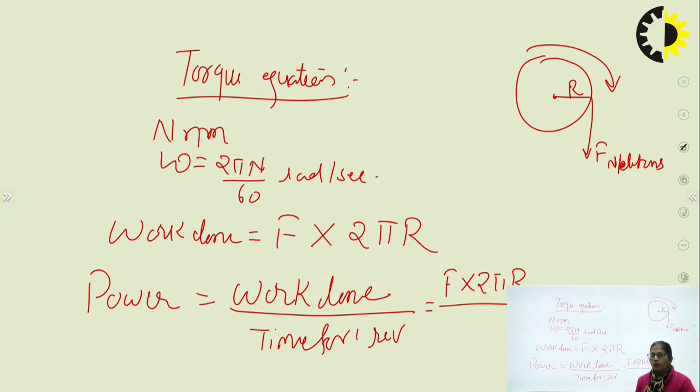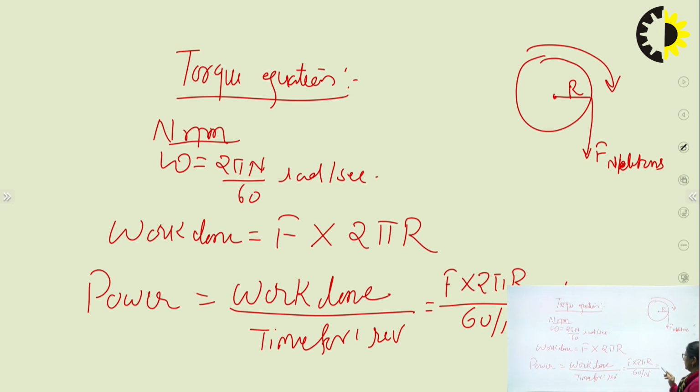The speed of the wheel is, say, n rpm. That means n revolutions per minute, that means n revolutions in 60 seconds. If that is so, how much time would be taken for one revolution? It is going to be 60 by n. So the time taken for one revolution is 60 by n. Now rearranging this